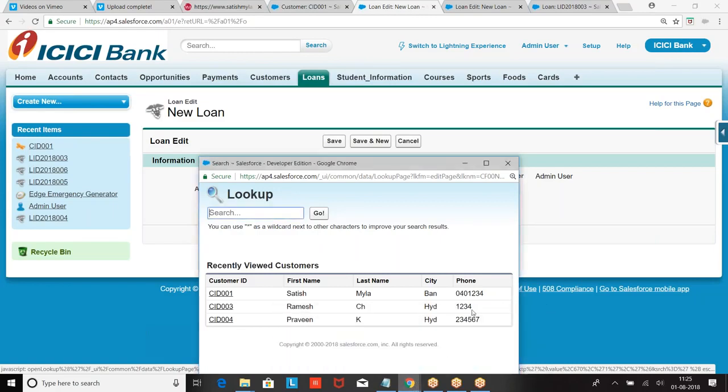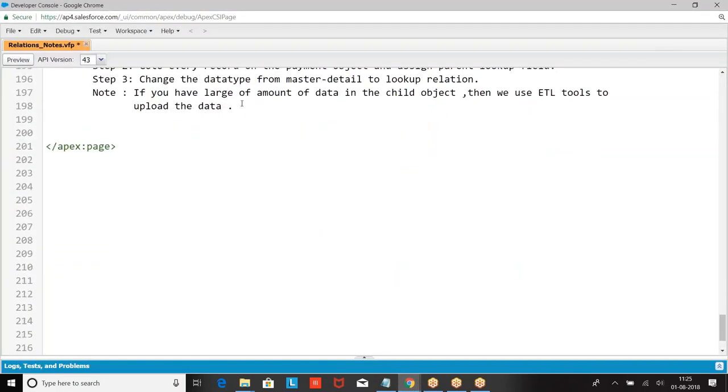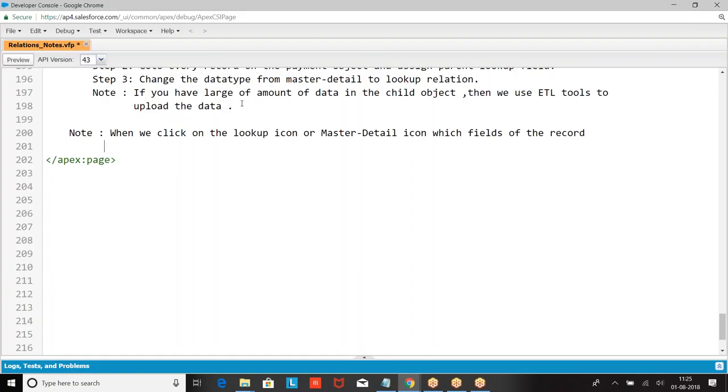So let me add that point. When you click on the lookup icon or a master detail icon, which fields of the record should be displayed in the pop-up window? That is controlled by